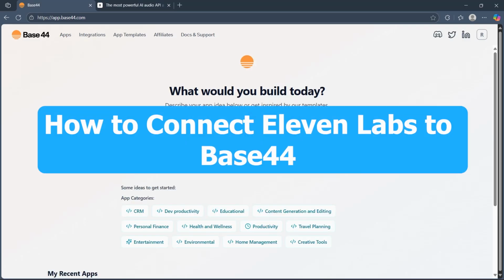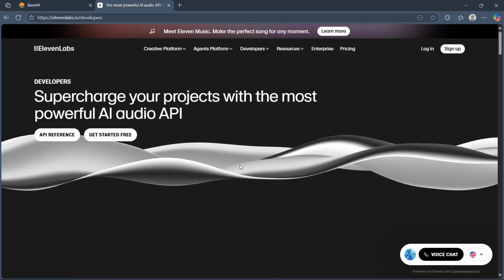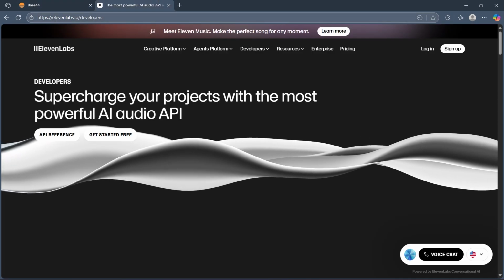Hi, today I'm going to show you how to connect ElevenLabs to Base44. In order to do this, first of all, get the ElevenLabs API key. So navigate to